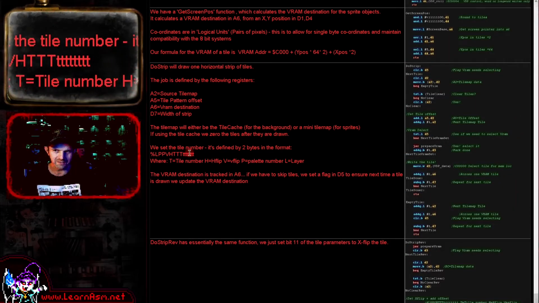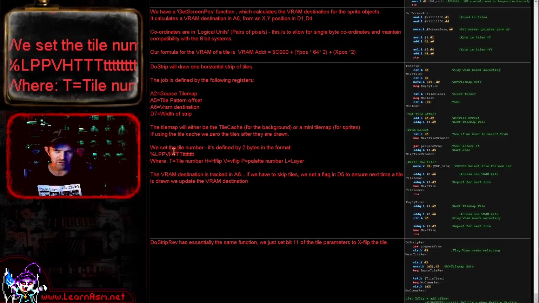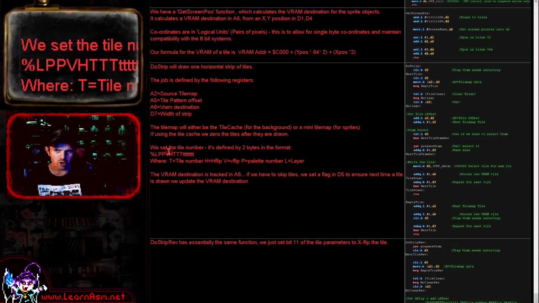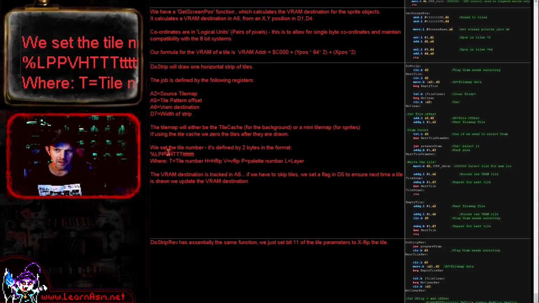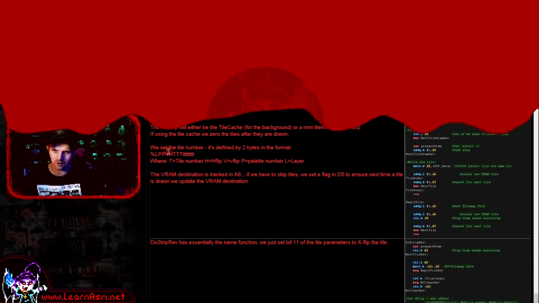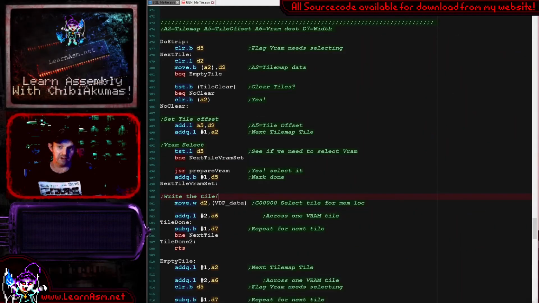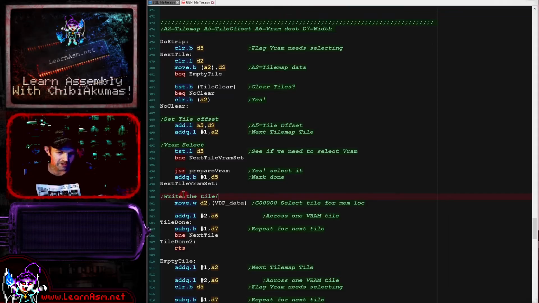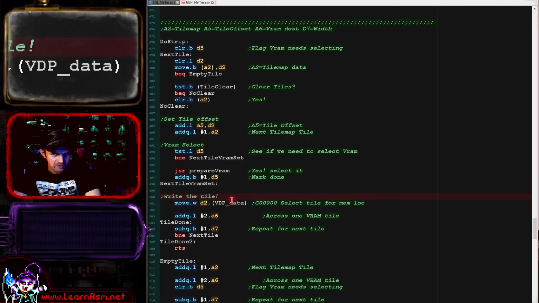Now the 16-bit value that we write is in the format you can see here. So the bottom byte is entirely the tile number. The bottom 3 bits of the top byte is also tile number. We've got horizontal flip, vertical flip, 2 palette bits, and a layer bit, which defines how the tile is affected by the sprites. Do the sprites go in front of this tile or behind them? And that can be used for simulated parallax and things. So that's the extra options,